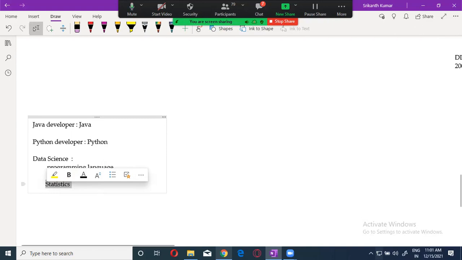Okay. Now it is very simple, guys. It is not very difficult. We are not going to do a PhD in statistics, nor get a degree in statistics. We are going to spend around 3 to 4 classes on statistics, only what is required for us, in a very simple way. Okay. Now the next one is the building of the model, that is machine learning.